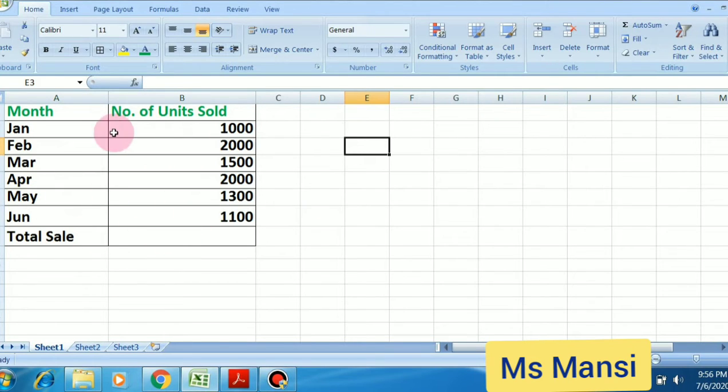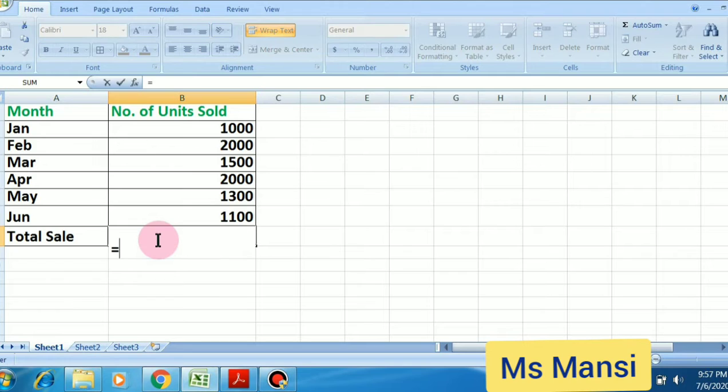Okay, so students, now we understand how to create a basic formula. I have written some data here: month wise, how many units were sold. In the total cell, I have to create a basic formula. Formula starts with the equal to symbol.